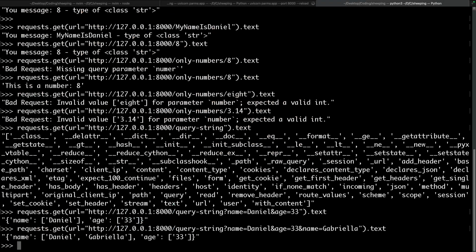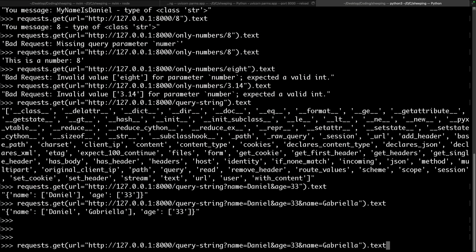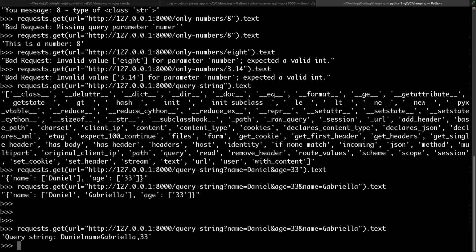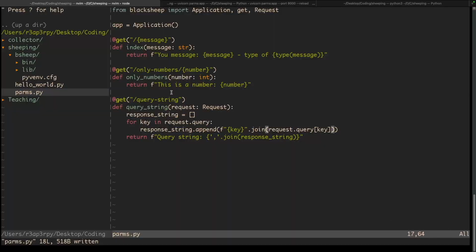So now if I go ahead and hit the context route once again, you can see that the Daniel, name, Gabriella, and 33 is the output. But it should be age 33, so it needs to have